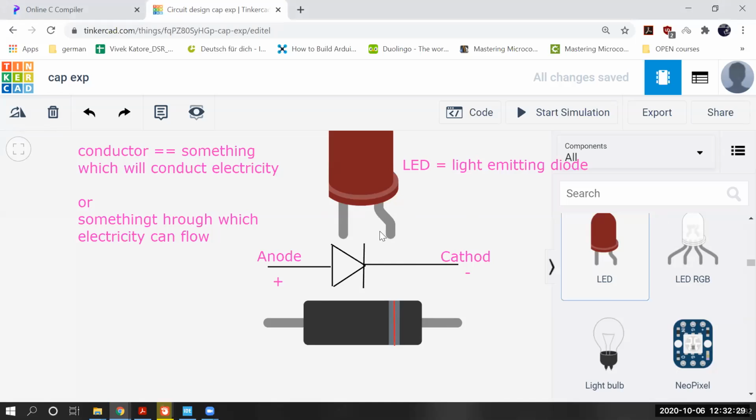So what I was saying is that this LED is nothing but a diode. LED means light emitting diode. In simple language, it means a diode from which light is produced. We have made connections for it many times. We have seen that if we want to glow an LED, we have to connect it properly. If you don't connect it properly, it will not glow. So let's talk about that also later.